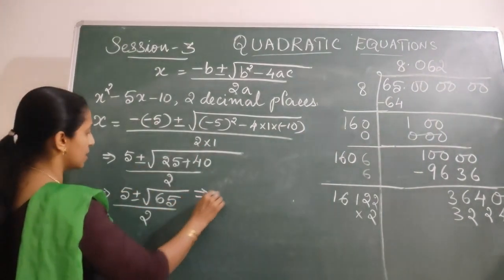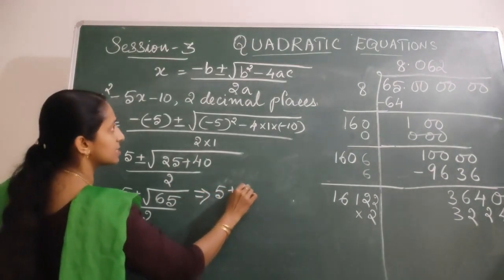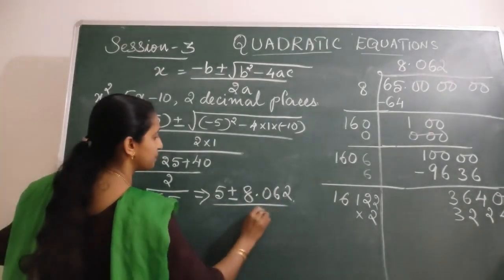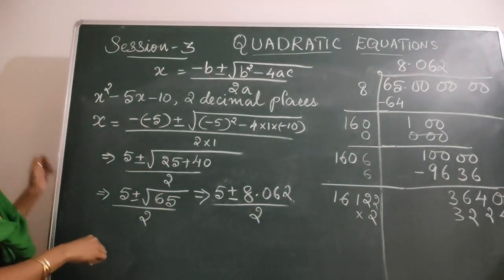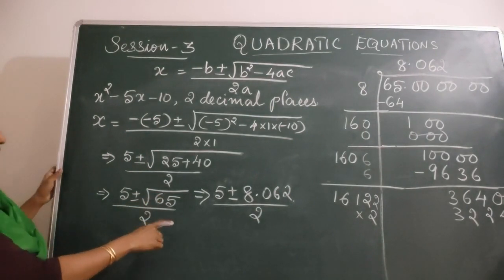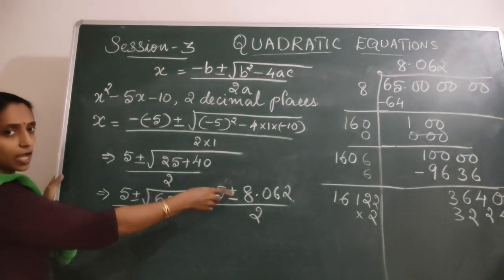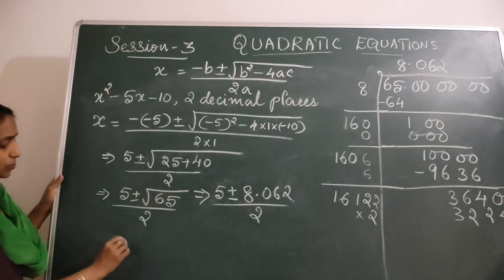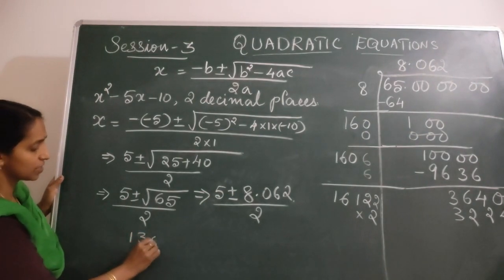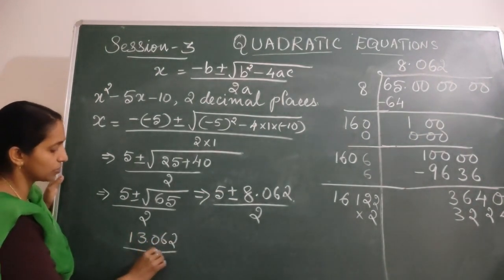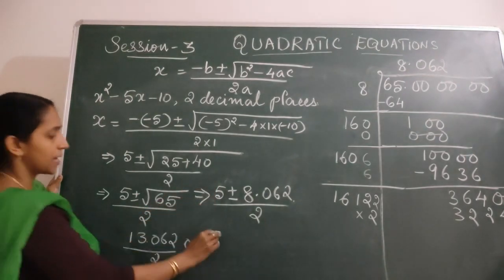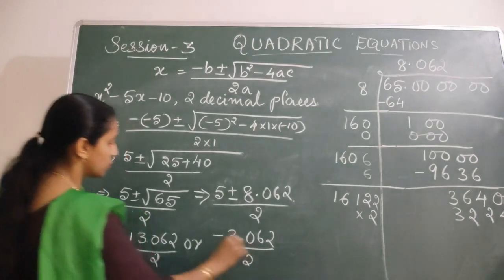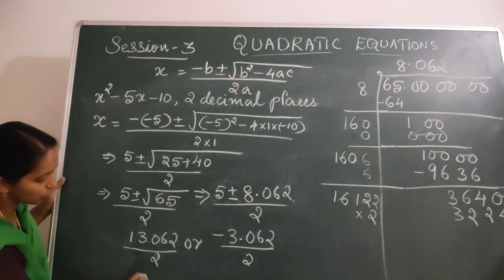You are getting 5 plus or minus 8.062 upon 2. Then you have to split it. That means 5 plus 8.062, 13.062 by 2, or minus 3.062 by 2. So after simplification you will get it as